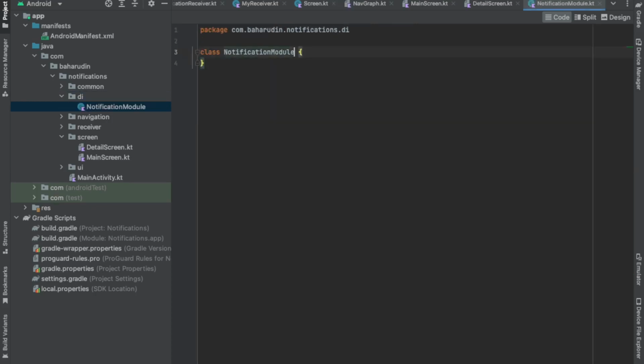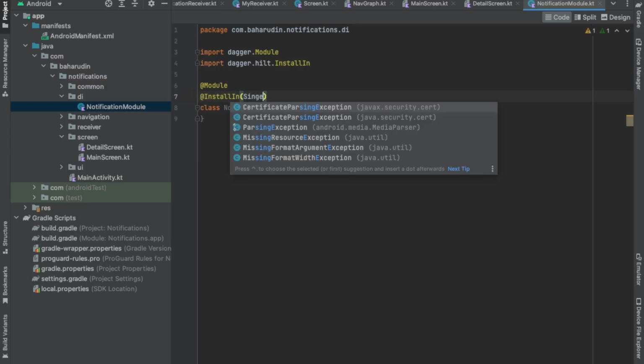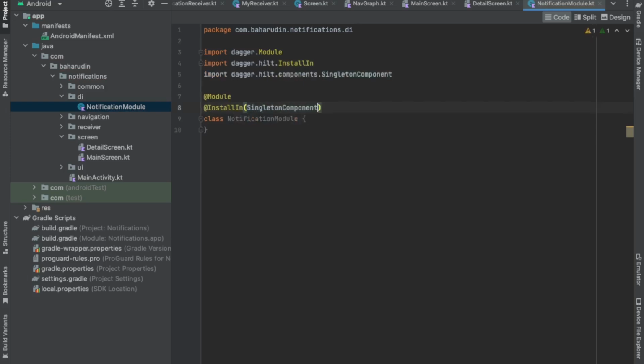Kotlin class. Inside here, I will give the module annotation from here, and I will give the install in, which is a singleton component class, and I will change the class to object, okay, like this,